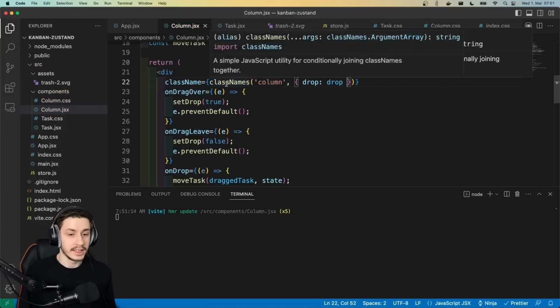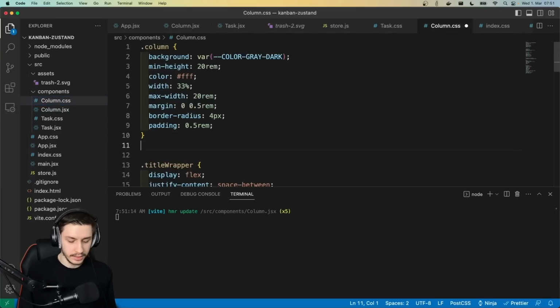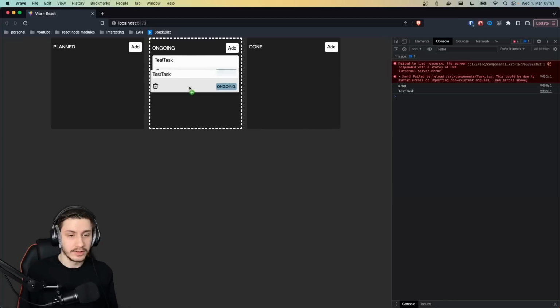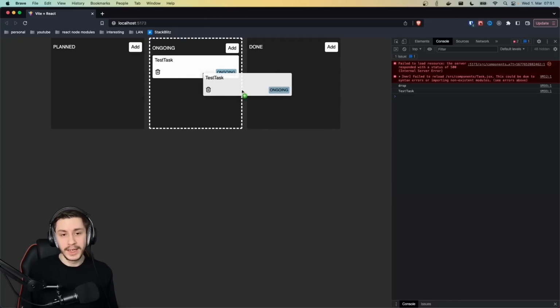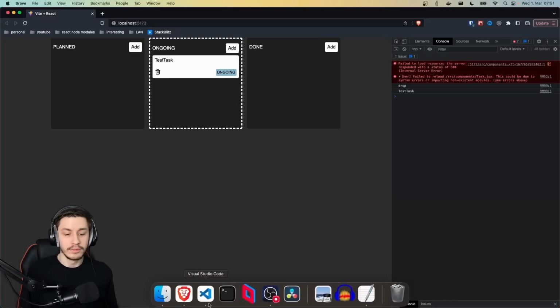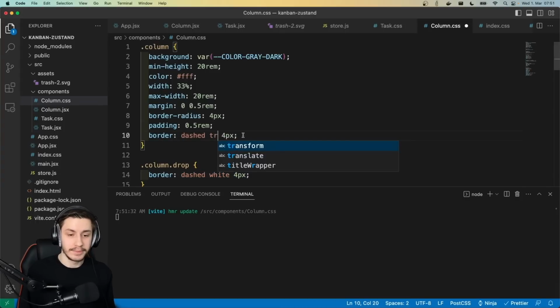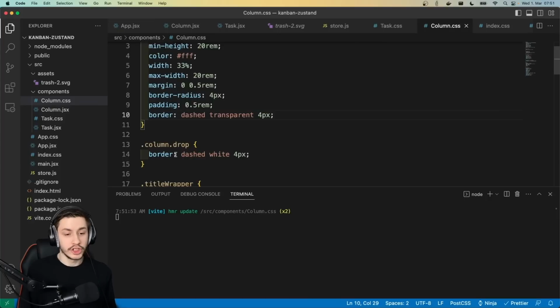And now if we just head into our styles for the column and say .column.drop, then we can just give it a little border, dashed white. And maybe we make it 4px white. So let's try this out. And we can see, yeah, it works, but it kind of displaces everything. So we can fix that as well, because the border currently makes things wider, which isn't ideal. So what we can do is actually give this border to our column by default but make it transparent. And now, if we just change our border color in here to white,